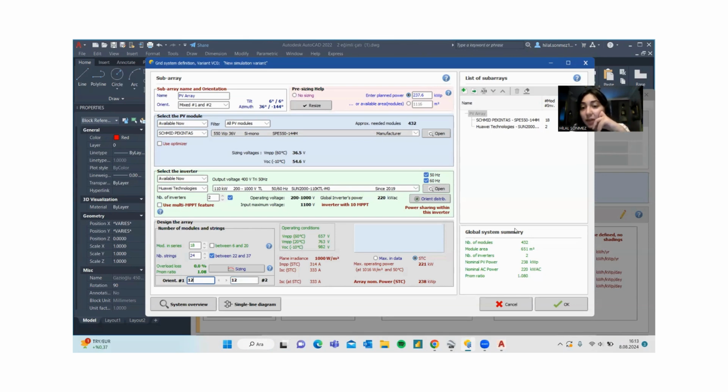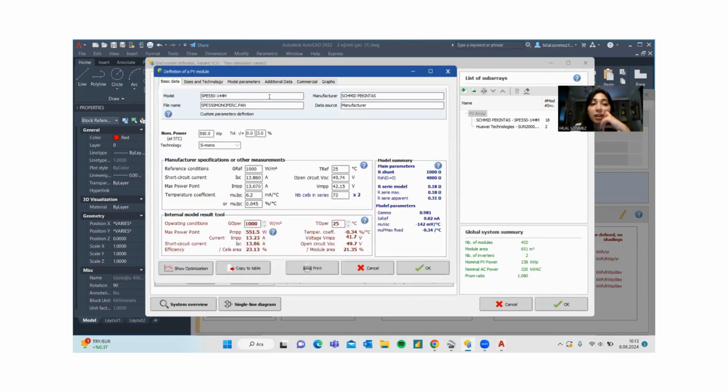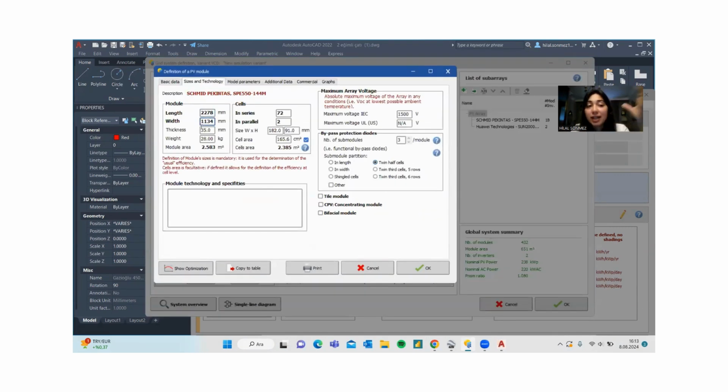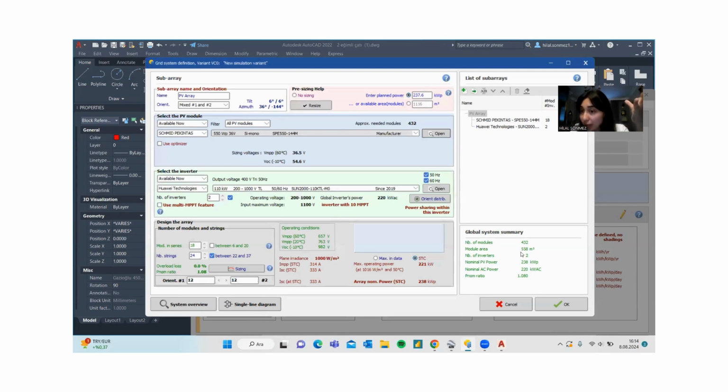Actually, as you can see, on the right hand side, we have a global system summary. It gives us the number of modules that is used in PVSyst in our system. For the module area, it gives the module area. As you can remember, for the PV module section, we had the size and technology section. The length and width of the panel is given automatically in PVSyst. From that section, it calculates the total module area, and we said that the number of inverters should be 2, and it calculates the nominal power as